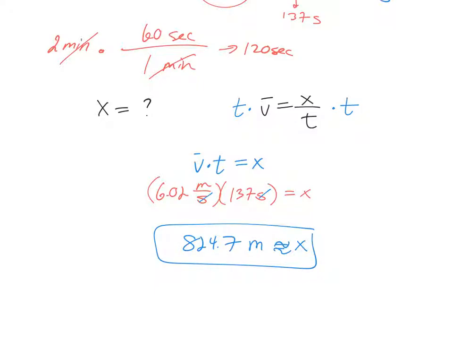Now, could that be negative? When would this answer be negative? Right now it's positive. I know it's positive. Why could it be negative? Could time be negative? Is that possible? Could you make negative time? So time can't be negative. So when could this answer be negative? Velocity. Yeah, if you were traveling west, then your velocity is negative, and therefore your displacement would be negative. But in this problem, we were traveling east. Okay?